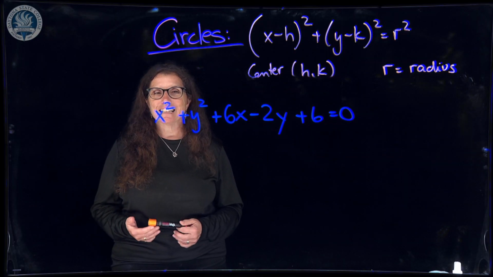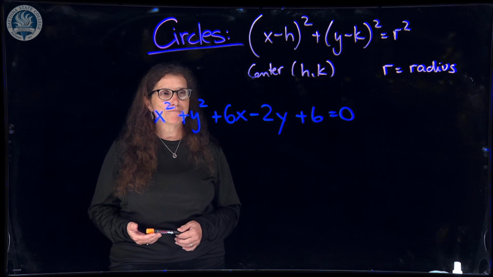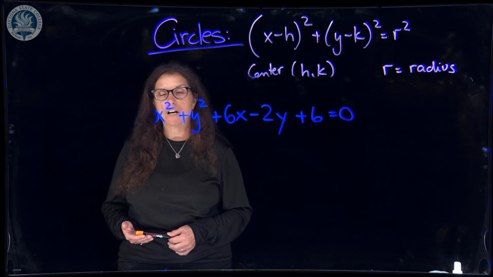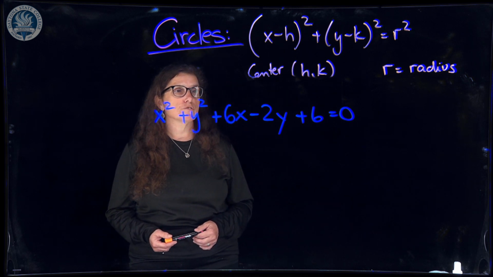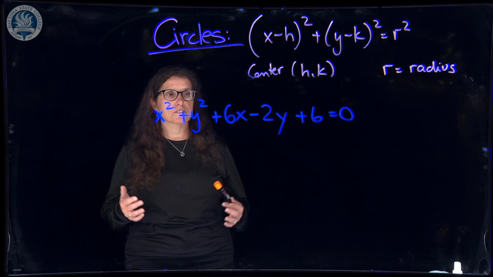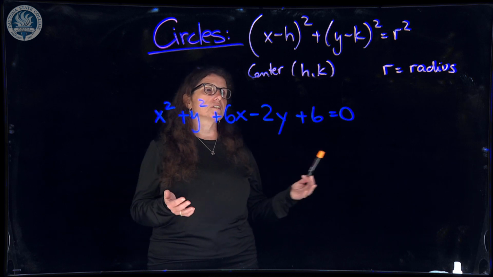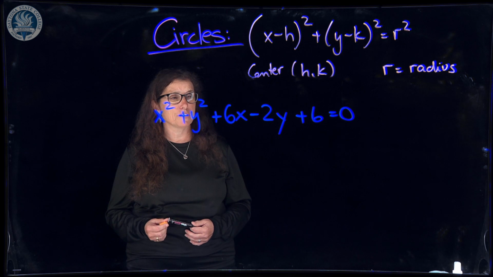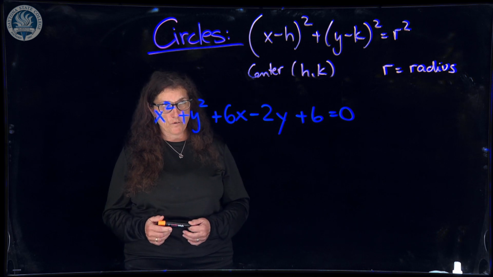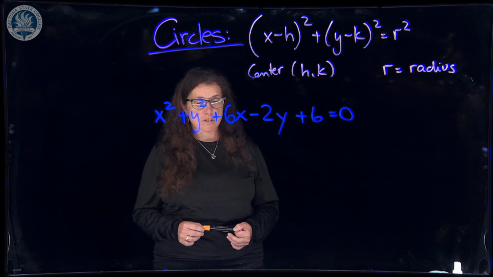Take a look at a slightly different type of problem, but still the same outcome. We have to find the equation of the circle. This doesn't look anything like 2 parentheses equals something. It even equals 0. So what's the deal here? What are we doing? Well, first of all, you need to remember from